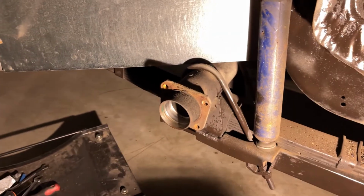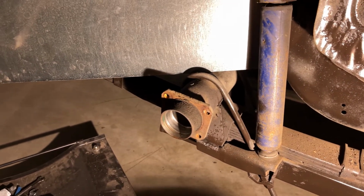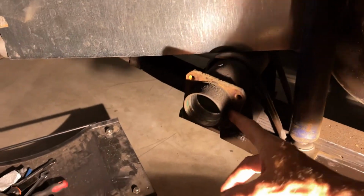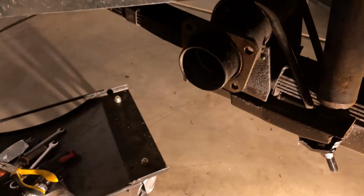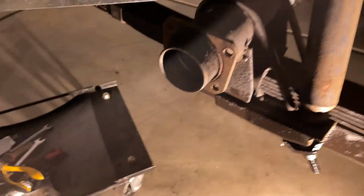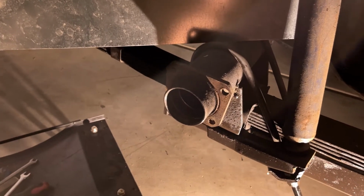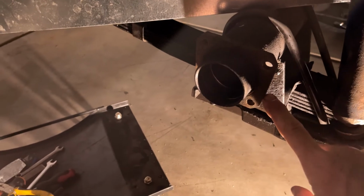This is where we're going to do the other axle install. As you can see, when you take the brake backing plate off, you have a little bit of an extra nose that sticks off the rear end. Changes lighting around so you can see a little better. There we go. Anyways, in the Moser instructions, it says that you need to cut this off to where 1/8 of an inch is sticking out from the backing plate